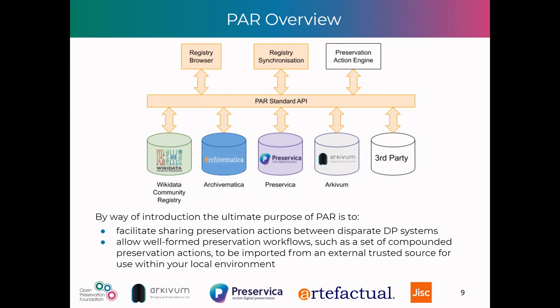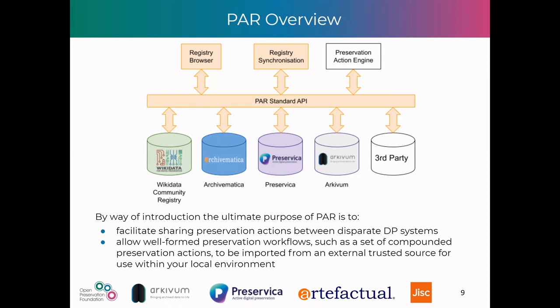registry browsers. But the idea is all these entities can offer a standard API, and this API supports a set of core model concepts, things like formats, tools, preservation actions, and all of these endpoints can both advertise their own contents and also read and download the contents of other registries. So the idea is that you can browse other people's registries, see what you like that they're doing, see the things that don't interest you, but then you can actually download and try the things you like on your local